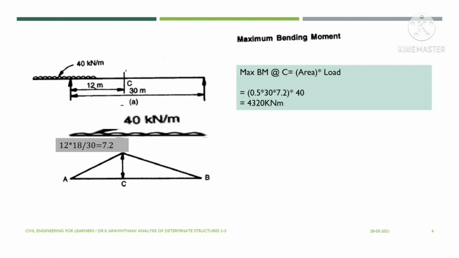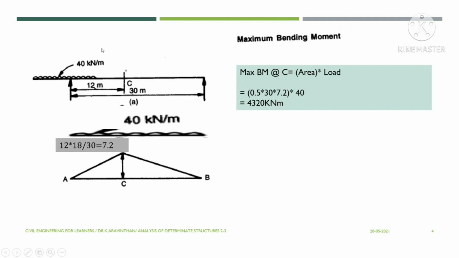If the UDL is shorter than the span of the beam, what you have to do is find the ratio of placement of the load. Now there is no need of finding the ratio. Why? Because for the whole span you will have this UDL. So the span and UDL have the same ratio, that is 1, and hence the UDL will cover the whole distance.